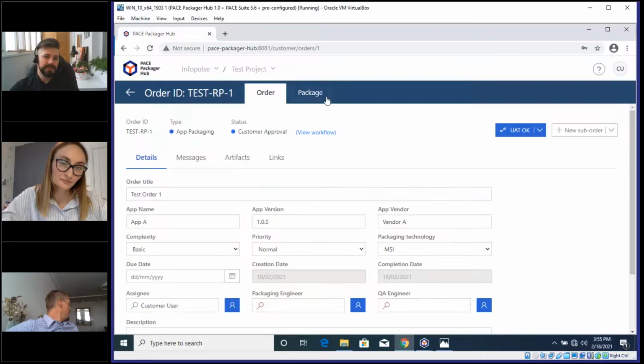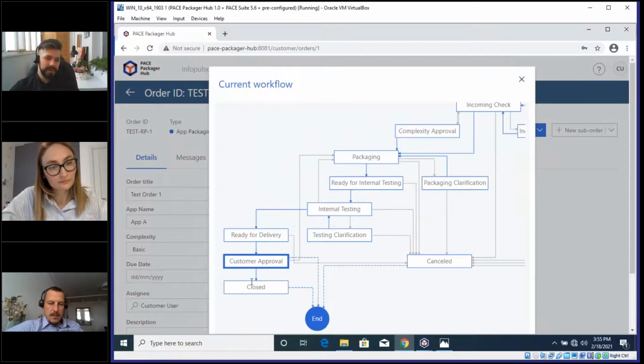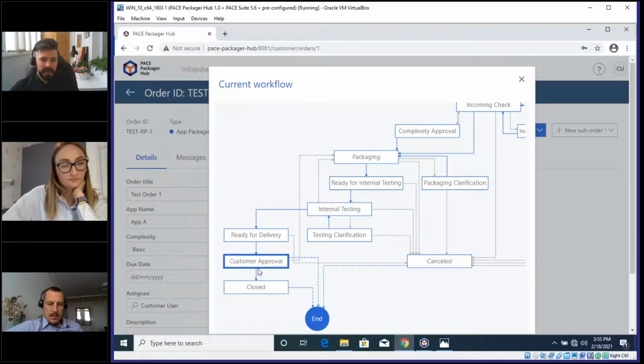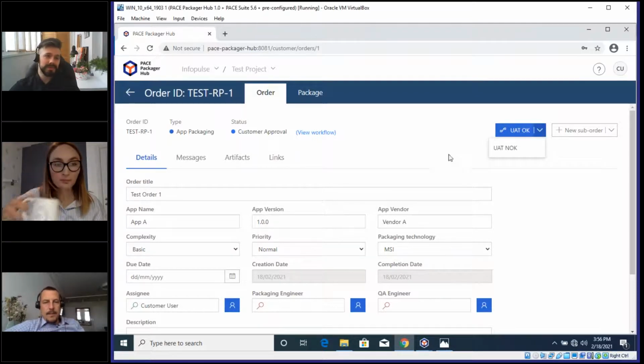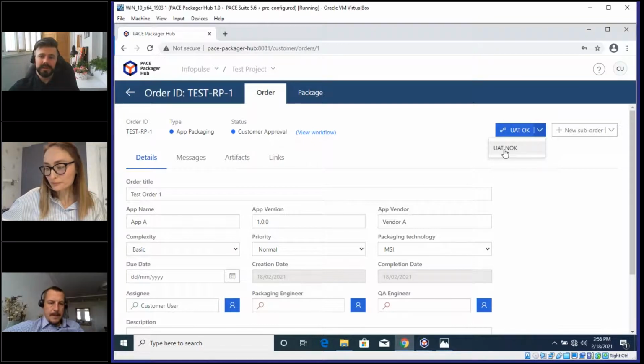Again, if we switch back from the package to the order, the customer, according to the workflow permission settings, can, let's open the workflow, move the order to closed or back to the packaging if, for instance, a bug was found. And this is presented as the transition UAT okay or UAT not okay. So if something went wrong and there is a bug in the package, we can invoke UAT not okay and